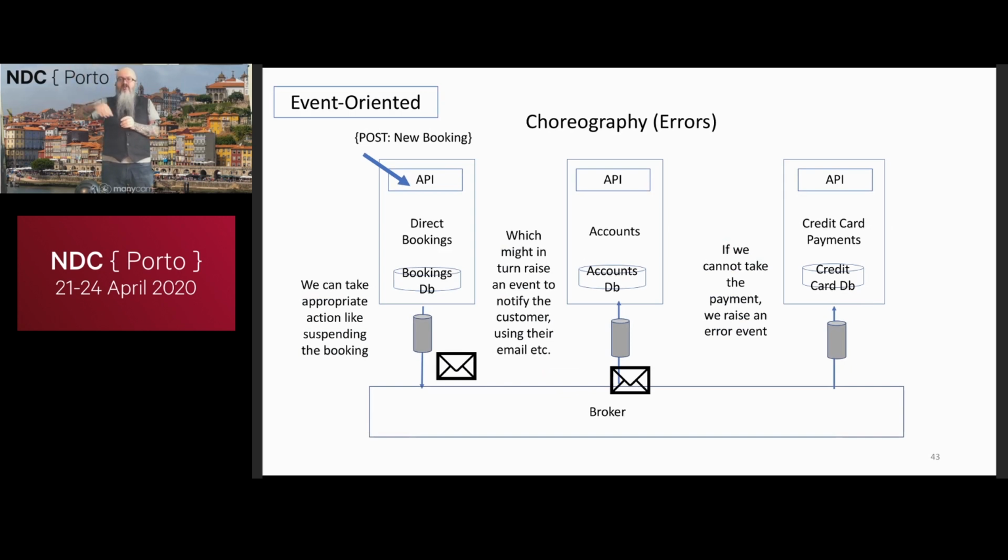Where has it reached? Oh, it's currently getting the account details. Oh, it's reached credit card payments and it's trying to take credit card payment. Oh, it's raised an error and basically the booking has been suspended. And generally that piece of data, you just wrap an API over it, and somebody in your help desk can always then dial in with the booking ID and figure out where the given transaction is. For example, at Just Eat, that's a very common way of us figuring out where your order is.